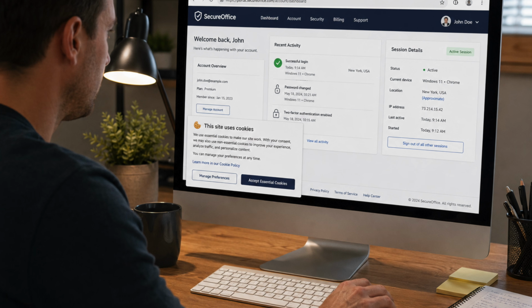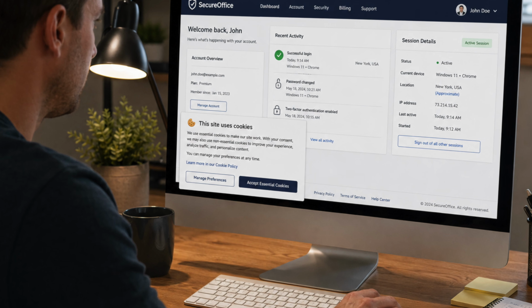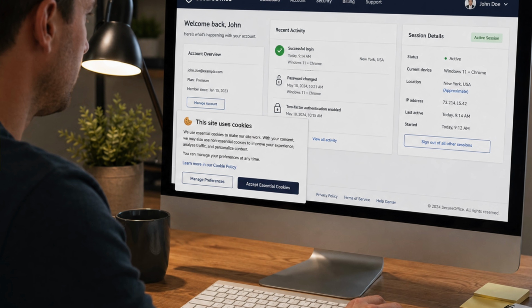Essentially tracking information around your activity on that website. And sometimes these can be more dangerous than passwords themselves. So if an attacker steals your active session, they could potentially impersonate you and access data without even needing your